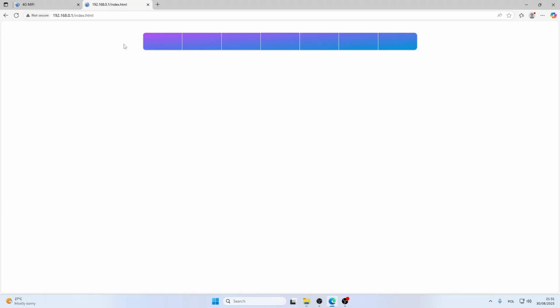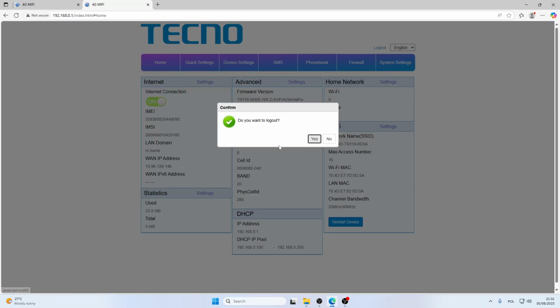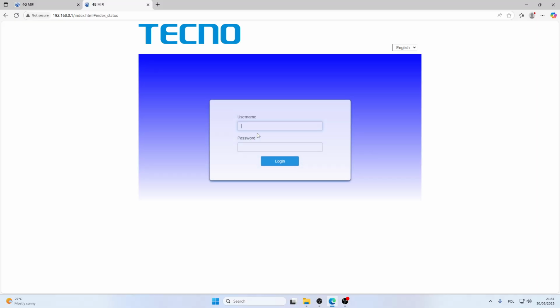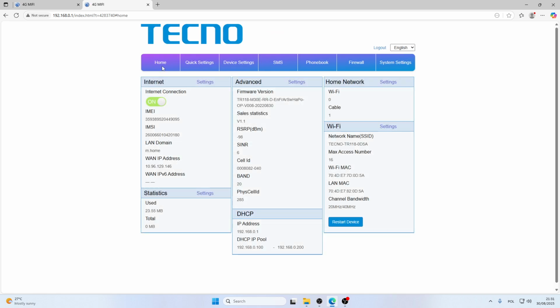So let's enter, and if you are logged out, to log in you just use the default password and username, and those are just admin, lowercase. This is what it should look like. There we go. Now we're going to go to the home page, go to the Wi-Fi settings,